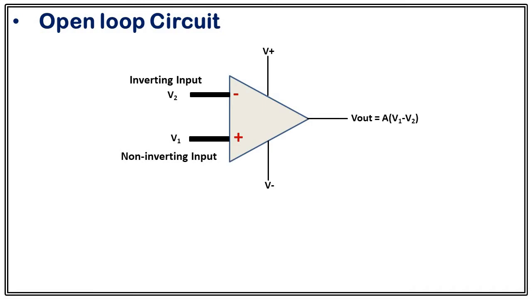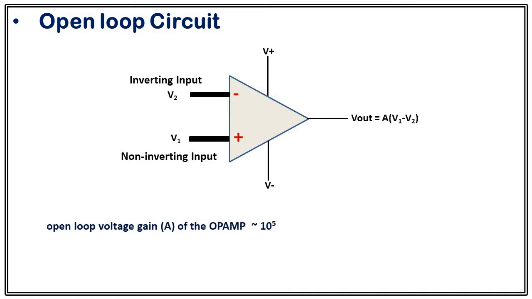In the previous lecture on introduction of an op-amp, I discussed open loop voltage gain. That is, if you operate an op-amp without any feedback network, without any loop, the gain of an op-amp is called open loop voltage gain. For a practical op-amp, it will be of the order of 10 to the power 5 to 10 to the power 6. For an ideal op-amp, it tends to infinity, but for a practical op-amp, depending upon what kind of op-amp we are using, we will have a gain of the order of 10 to the power 5 to 10 to the power 6.